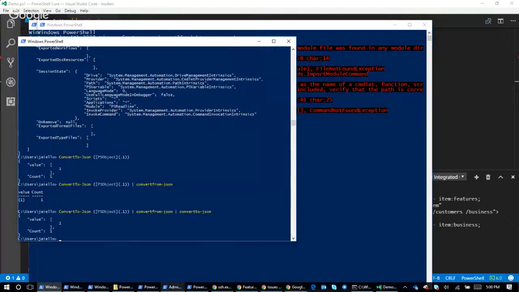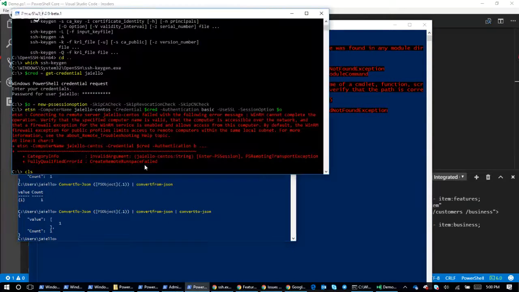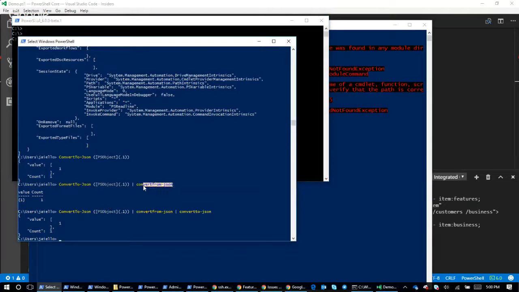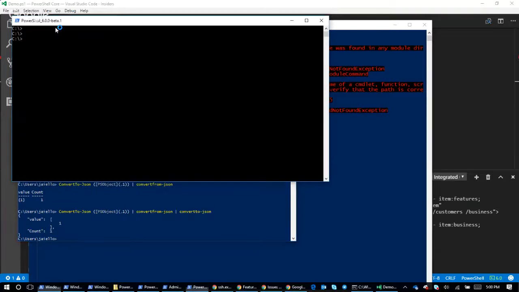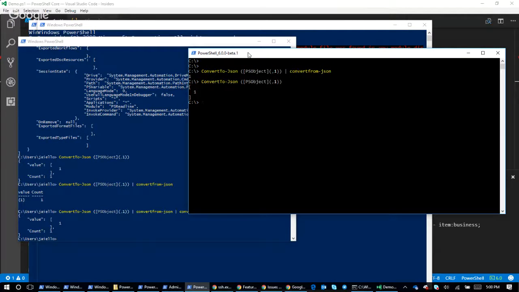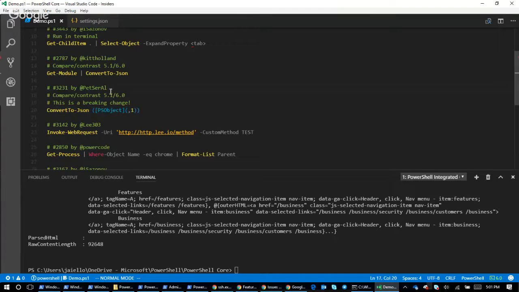If I do the same thing in PowerShell Core, let's see if I can do this here. Nope, I am incapable of copy paste. Okay, so this now is idempotent, right? Because we don't append that count object. We just give you the 1, which is all we were getting in the first place. So this is great because it means you can always trust when you're using ConvertTo and ConvertFrom JSON that we're not doing anything to the objects. It's a clean serialization and deserialization. That was from Pet Ser Al.